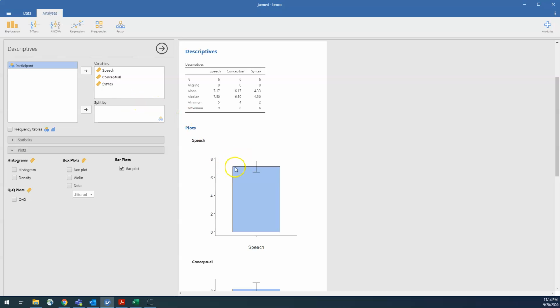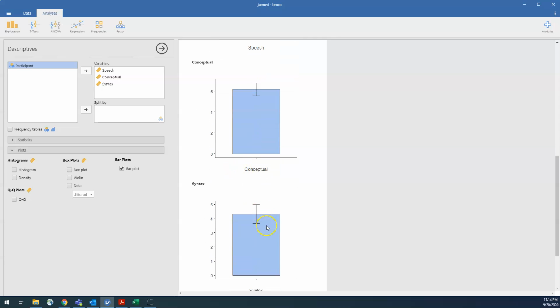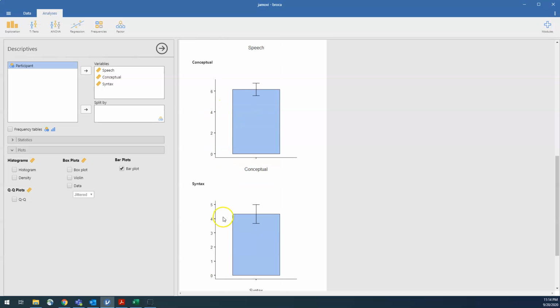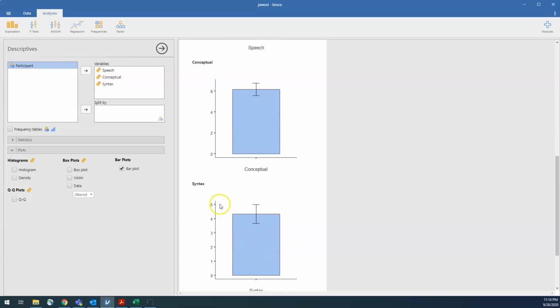So it's going to give me a bar plot for each one, and that's really not helpful. It's difficult to compare those 3 against each other because they're not on the same y-axis. Like this one caps out at 6, this one caps out at 8, and this one caps out down here at 5. And so when you look at them, they all look like they're the exact same height, but the difference is they're not on the same y-axis. So this is not helpful.